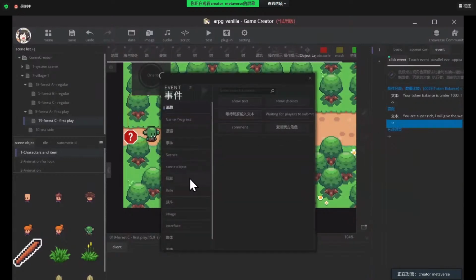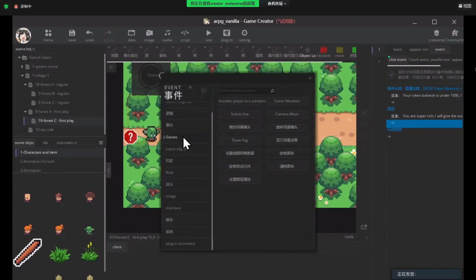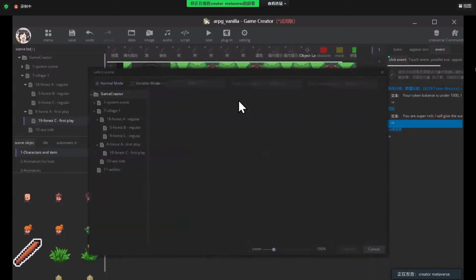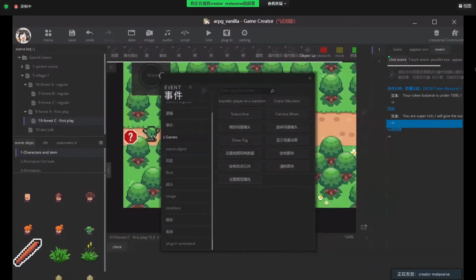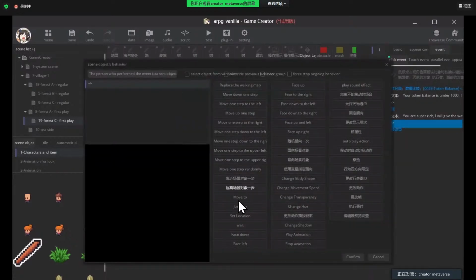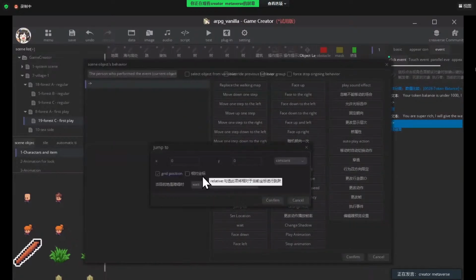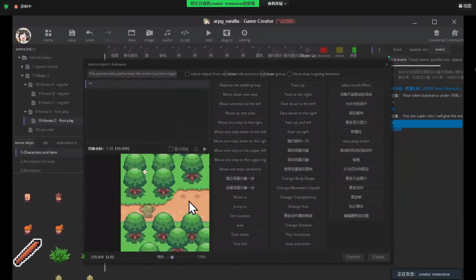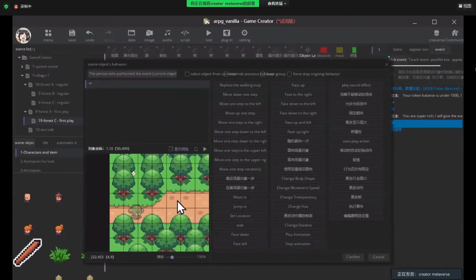jump here to some position to give the way. So we click the scenes, not this one, the scene object, set the object behavior, and we want this guy to jump to a place. In here, we can figure out the shortcut.